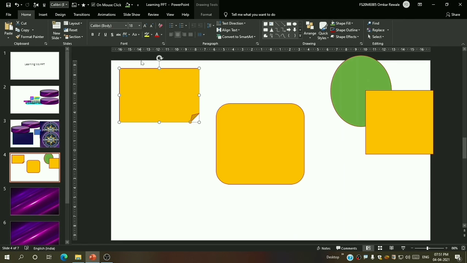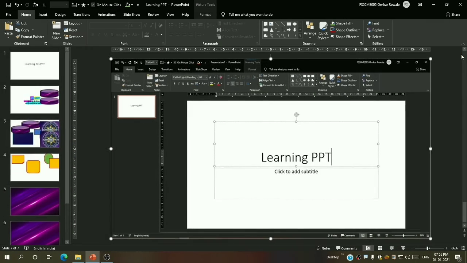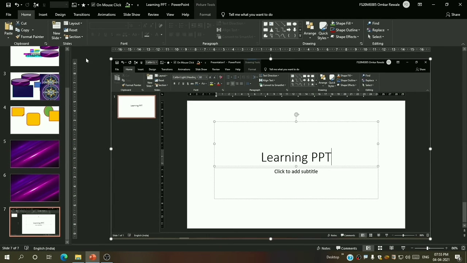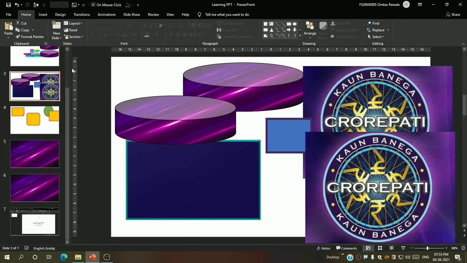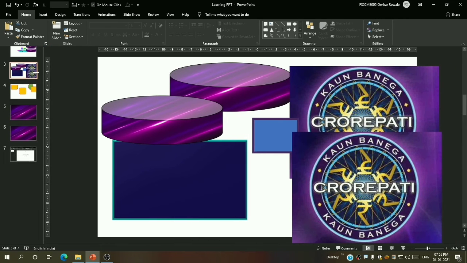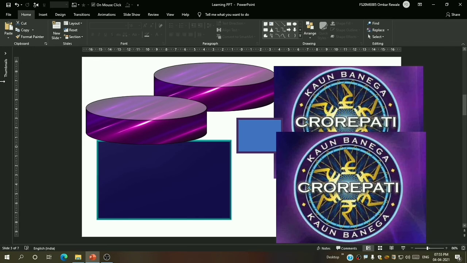Okay. So now we have learned cut, copy, then format painter tool and duplicate. How to duplicate. So we have covered and finished our entire home tab. Let me show you some more things. This slide can be also minimized from here, or you can completely disable it from here.